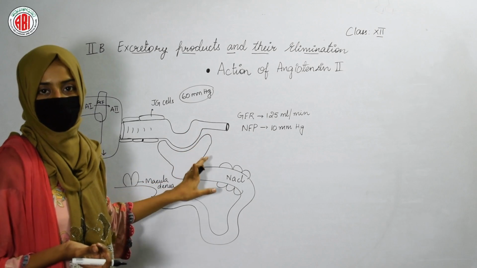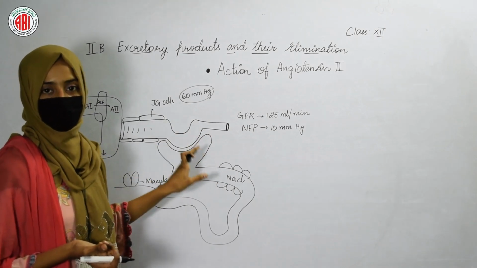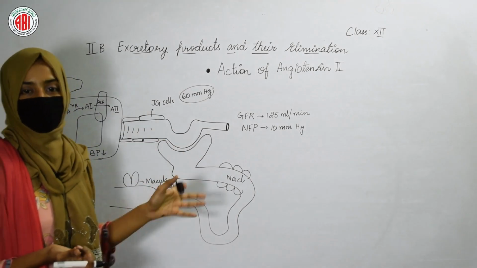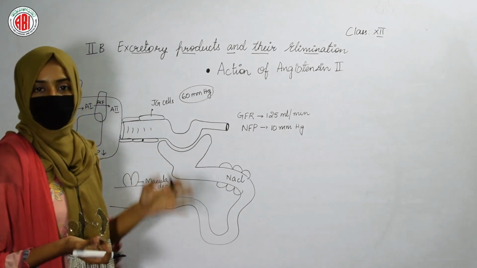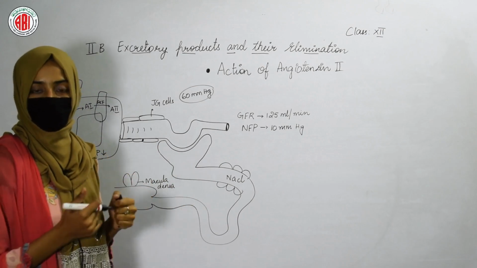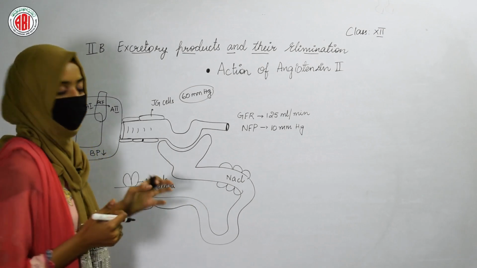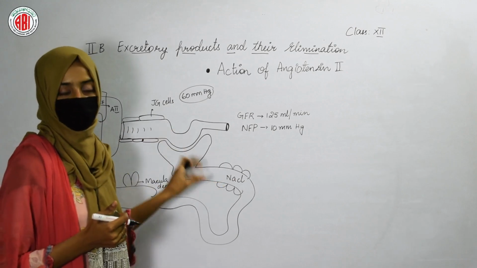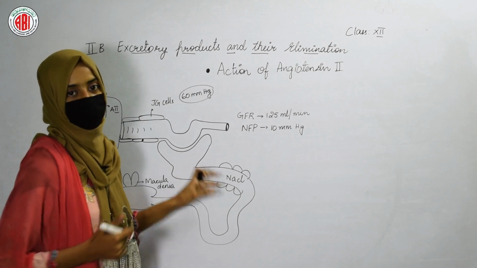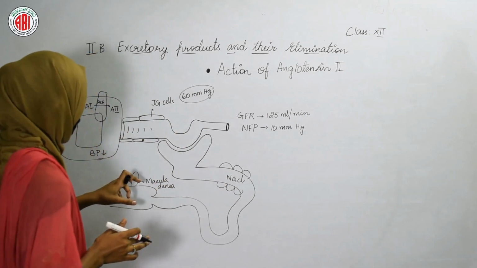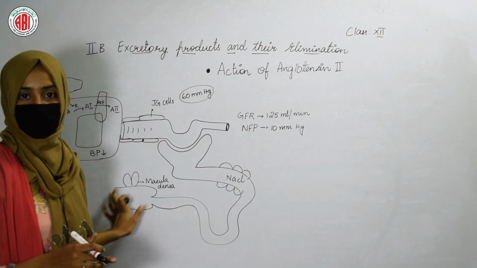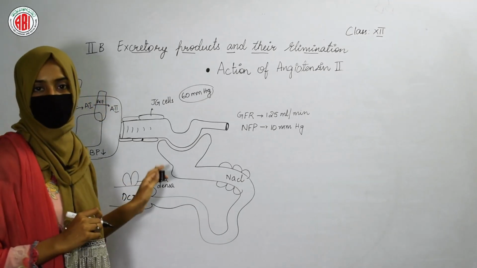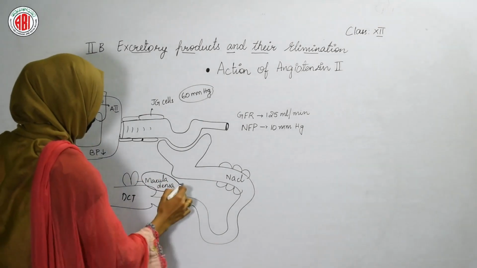When the blood passes with low pressure in the proximal convoluted tubule, whatever salts are present are absorbed by the blood. Once all the salt molecules and ions are absorbed, the filtrate which enters the PCT becomes saltless. When that saltless solution enters the DCT, the distal convoluted tubule, there are some specialized cells present in the DCT. We call those cells macula densa.